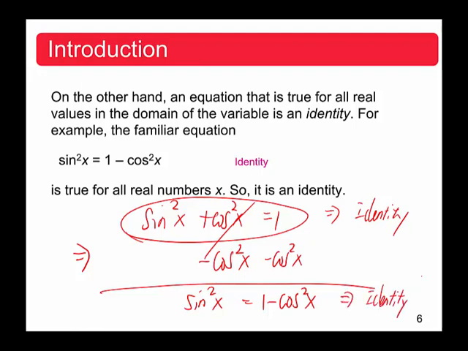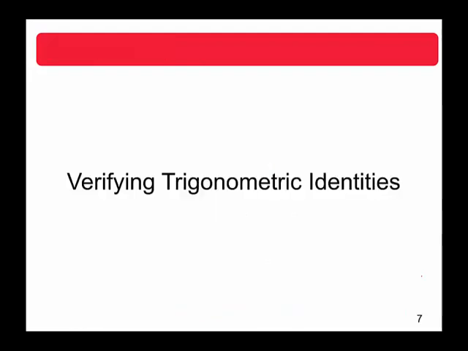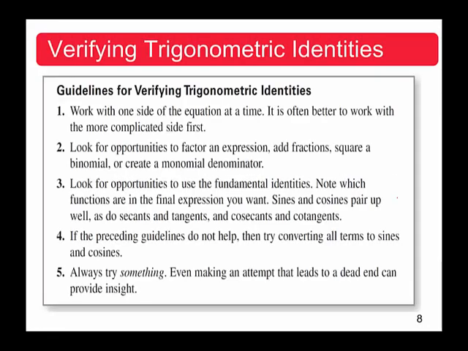So, utilizing the previously acquired identities, we can derive a lot more identities from there. Okay. So we mainly focus on verifying trigonometric identities, and there's a very typical procedure for that. So the guidelines or procedures of verifying identities: